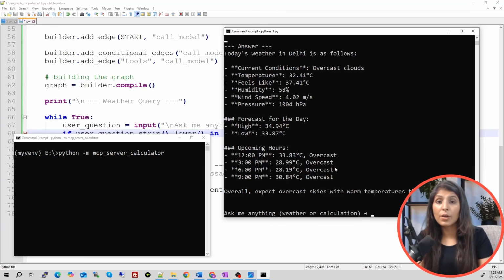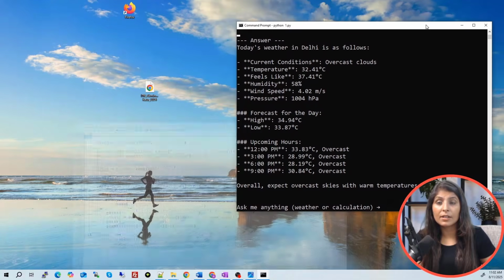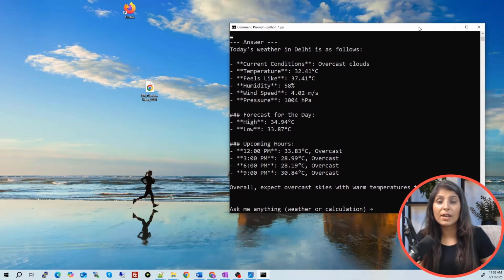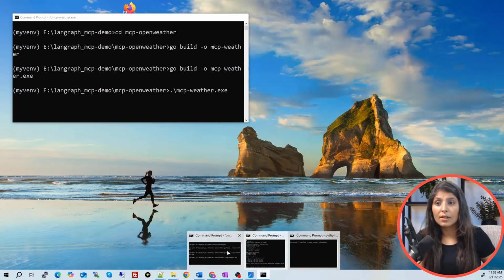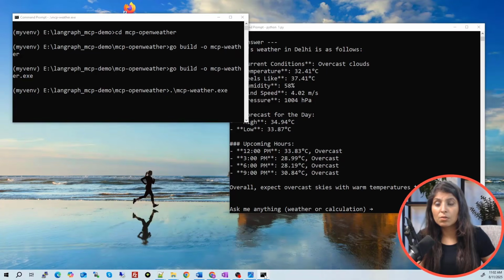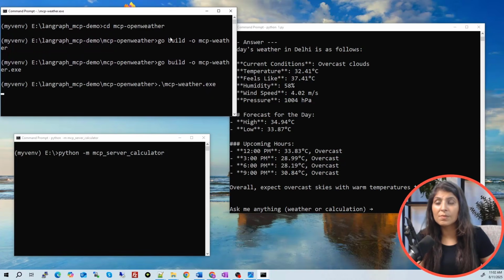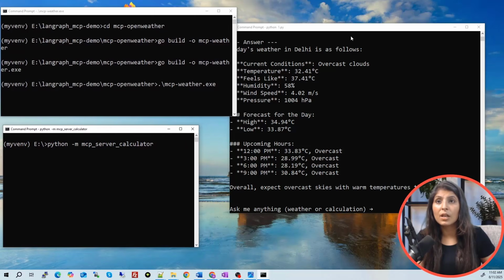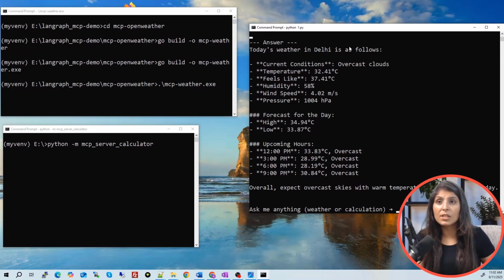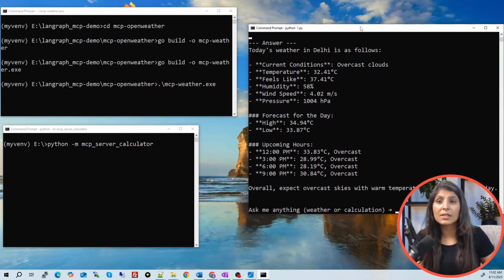So guys, this is how you can use multiple MCP servers on your local machine. And here, this is the MCP client, the place from where we are asking questions. And then we have two MCP servers running. This is the first MCP server, this is the second MCP server. Both the servers are running on the local machine, and this is the MCP client, meaning the place from where we are connecting with the MCP servers and asking questions using LLMs.